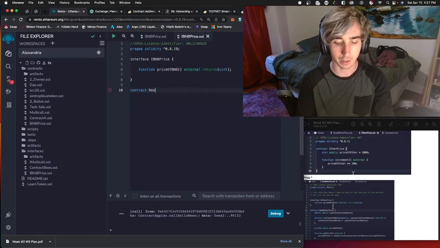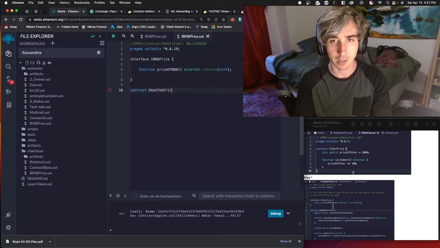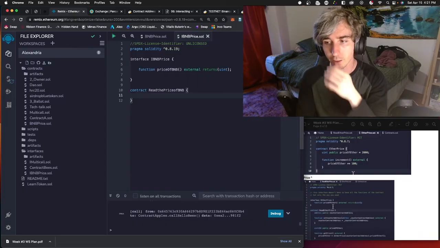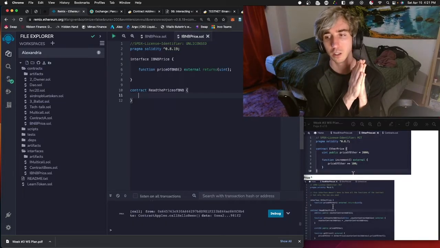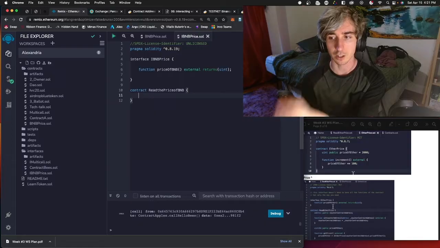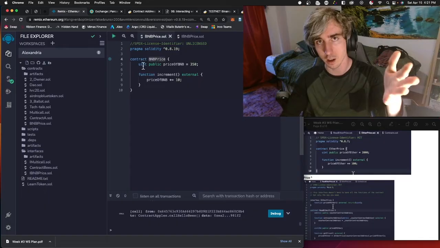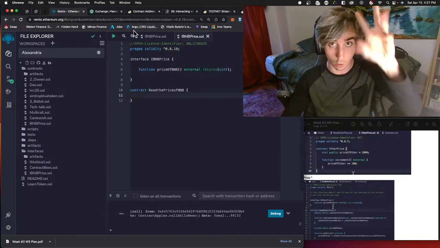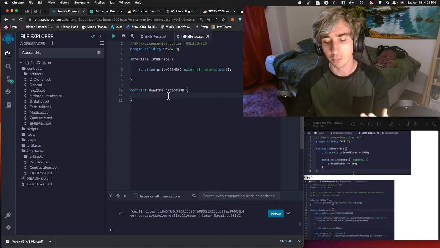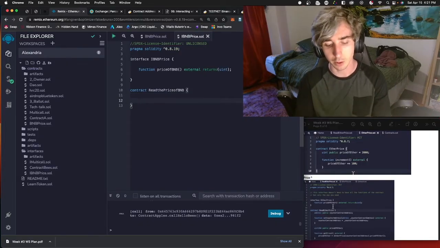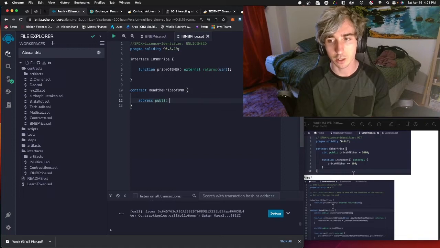So I'm going to say read, let's say the price of BNB. And address. The reason why I want to pull an address is because I need to know which address I'm actually interacting with. Remember? I want to interact with this. So this is the contract I'm going to deploy first, or that's already kind of quote unquote deployed. So I'm going to make a function that will allow me to interact with the price of BNB contract. So I need to first establish my value. So it's going to be address public